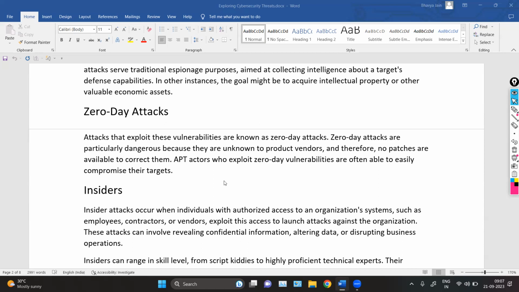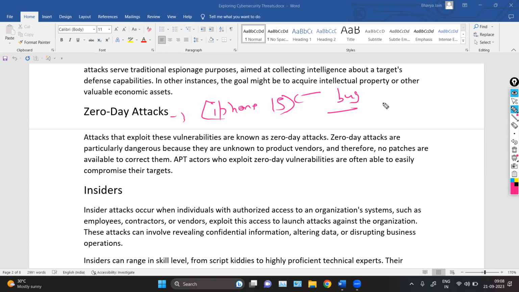So basically, zero-day attacks are the attacks which are unknown to the product vendors. For example, let's say Apple company released iPhone, let's say 15. Now this is the new product from that Apple company. Now, if any attacker manages to find a bug in a new technology, let's say there's an attacker who finds a bug inside an iPhone 15, like the architecture or any operating system of iOS.